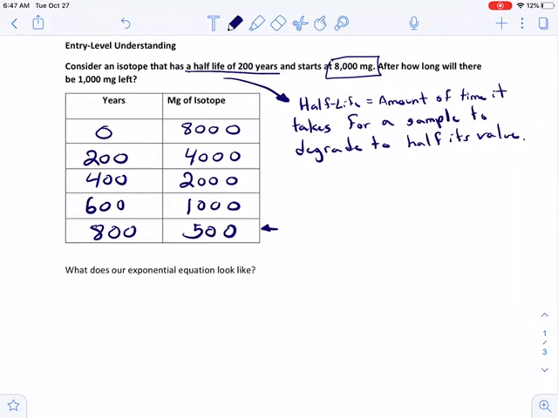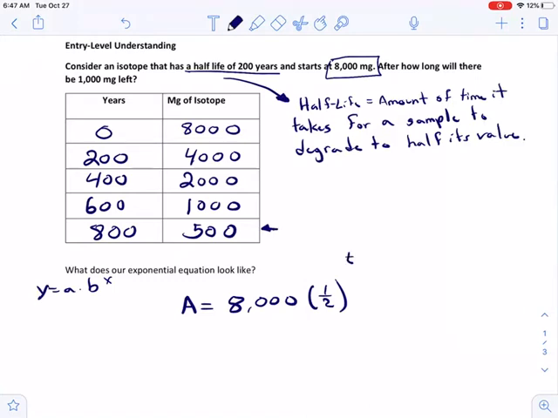Well, it's similar to our basic a times b to the x, but with some adjustments. So in this case, the amount that I have left over is going to be equal to our starting value. Our b value is a half, but then our exponent needs to be adjusted, because if I put just a t here,